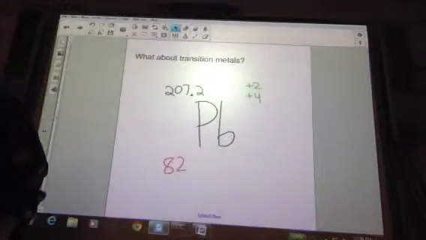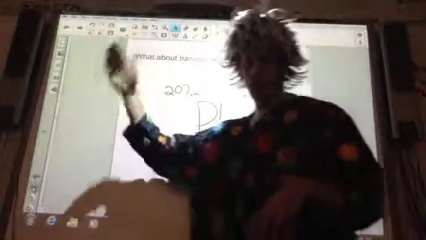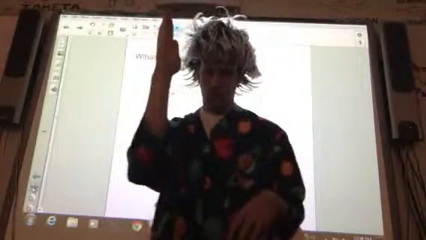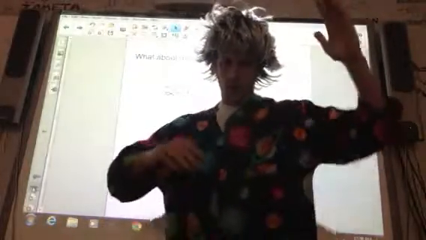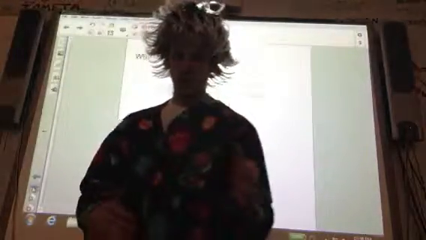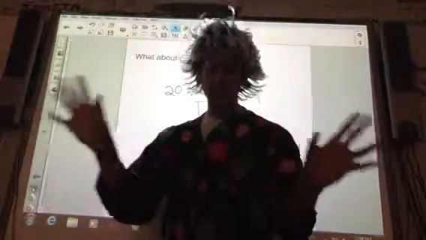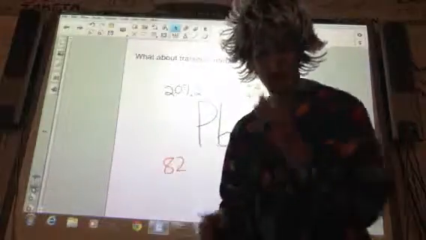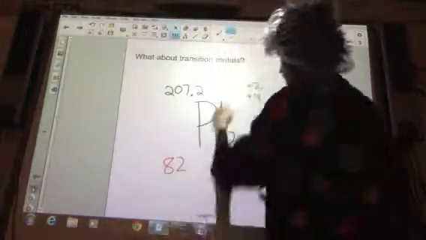Okay. What about transition metals? Their charges are a little bit funky. They don't go the general trend with plus 1, plus 2, skipping a bunch, plus 3, plus 4, and then 0 at the end, minus 1, minus 2, minus 3, for those chemically stable charges. No, they tend to form transition-y, funky charges. But how do we figure out what that is? Well, if you look at the periodic table, the square for